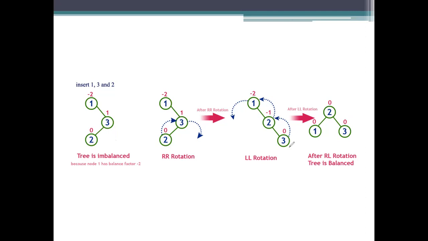The next question here is whether it is a balanced one or not. As it is not a balanced one, what do you have to do? We need to specify that this has to be balanced. How I am going to balance it here is, we can make 2 the root node and just move 1 to the left side. Then it becomes a balanced tree by using the RL rotation.